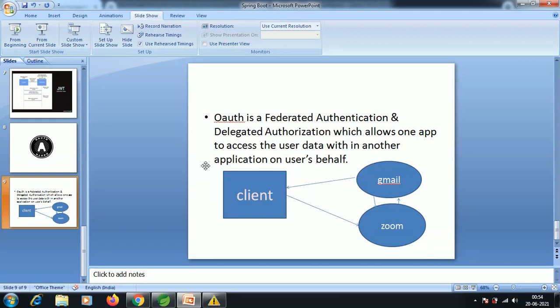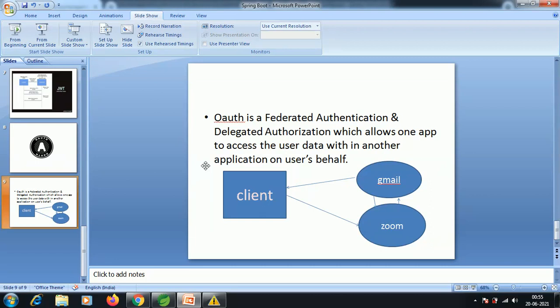If you want to look deeply into the OAuth standard, here we have the client, Gmail and Zoom. The user is using the Zoom app, and the Zoom app wants to get some data which the Gmail application has for the user.